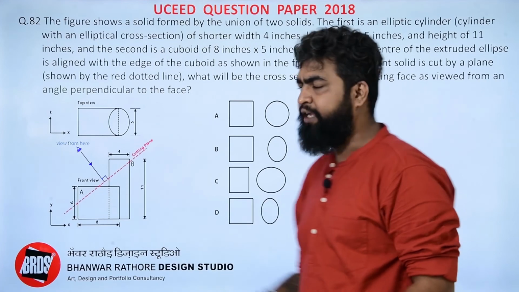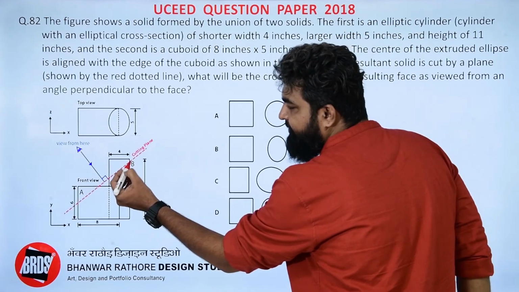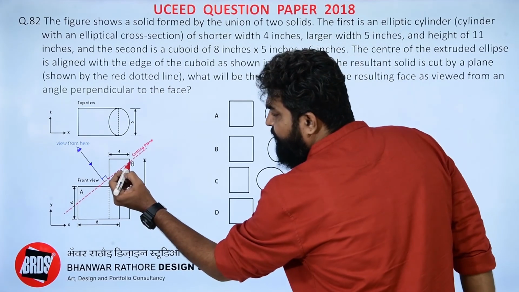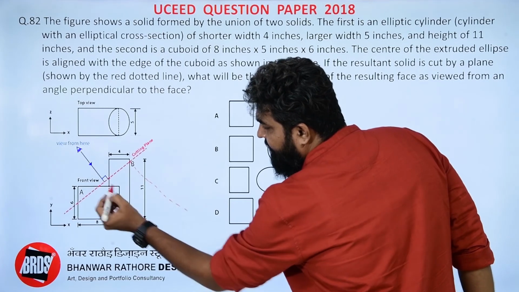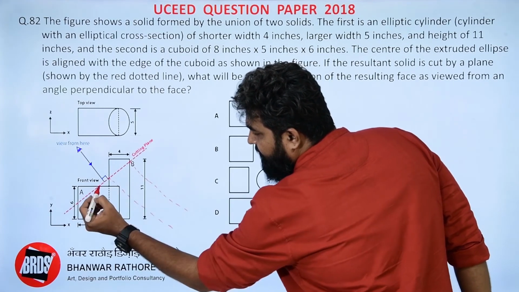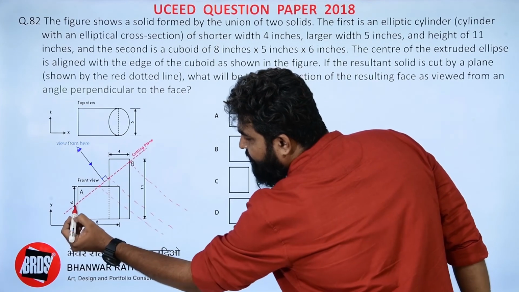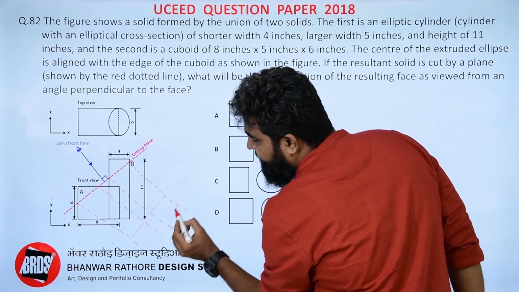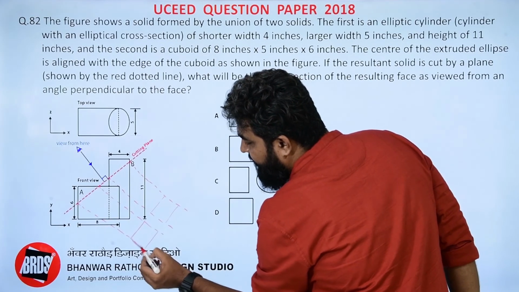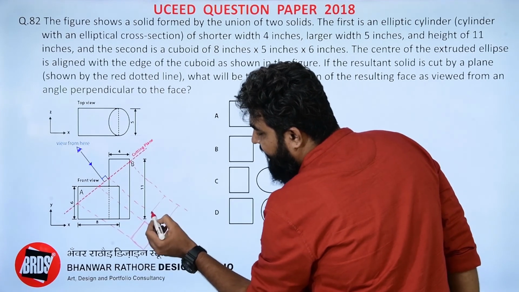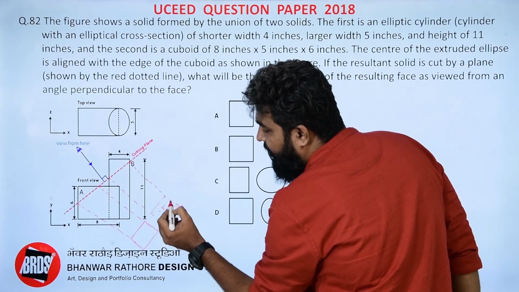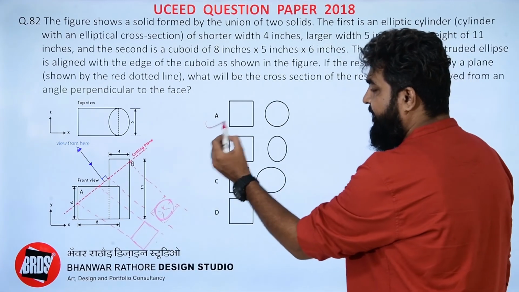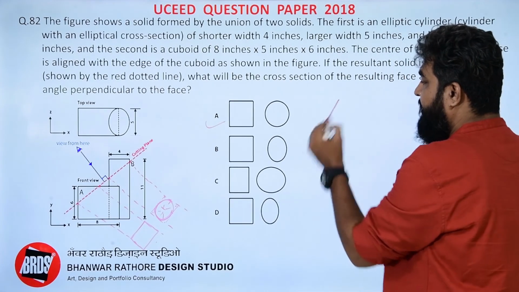Now viewing from this side, we have to draw lines from the intersection of the red line with the exact member. We have to extend the lines from the viewer's side as parallel to the eye, and then if we check, the sides will come like this. So here we can see this square, and here it will be almost a circle, which is exactly matching option A. So the correct answer for this will be A.